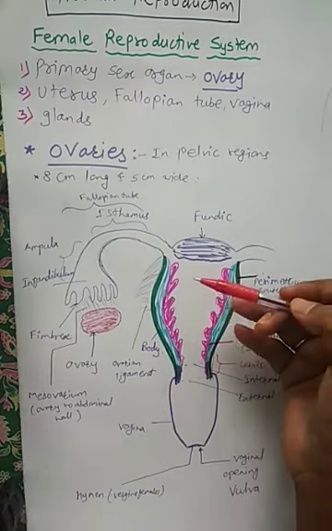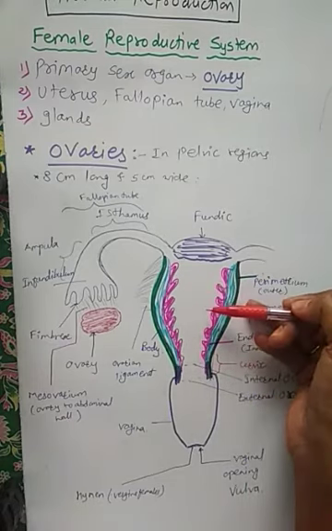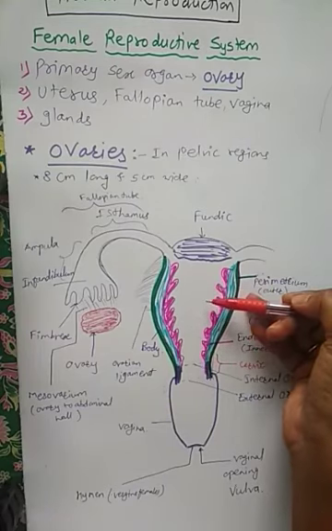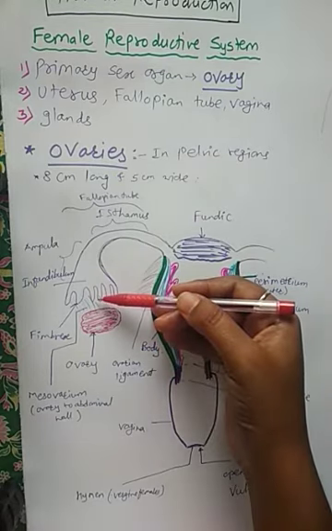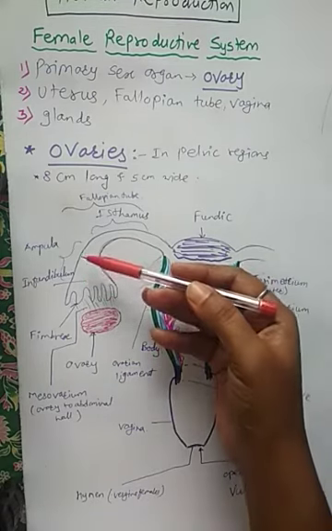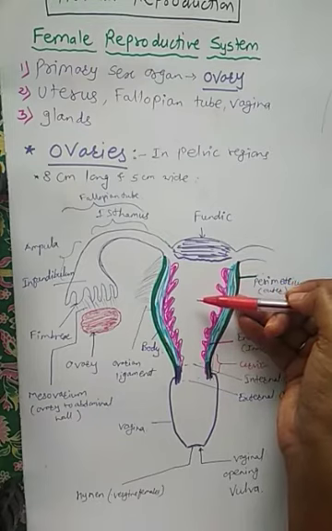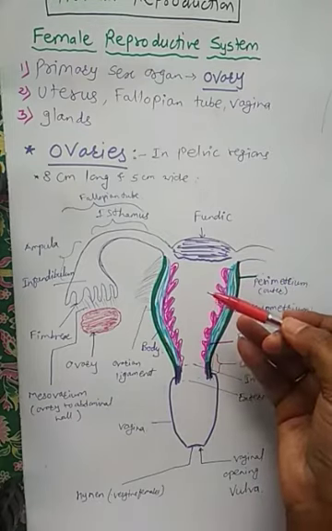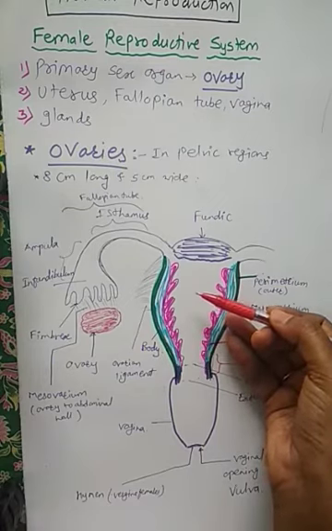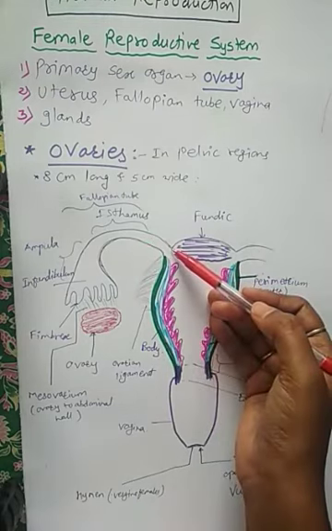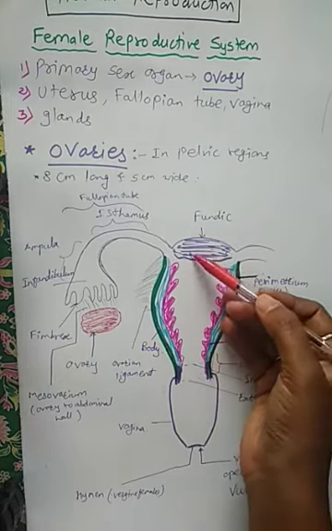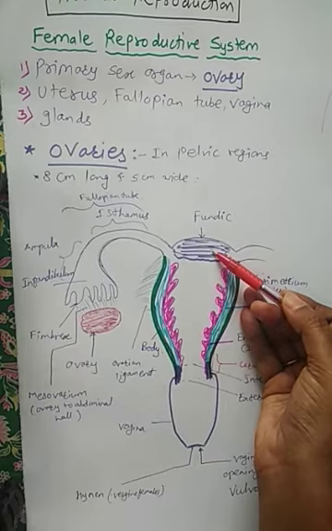The uterus is used for the implantation purpose also. Implantation takes place in the uterus, and fertilization takes place in the ampulla region. These are very important: fertilization in the ampulla and implantation in the uterus. The uterus helps the zygote to implant or attach here. The fallopian tube is 10 to 15 centimeters long and has three parts: ampulla, isthmus, and infundibulum. The infundibulum is the last, swollen part.